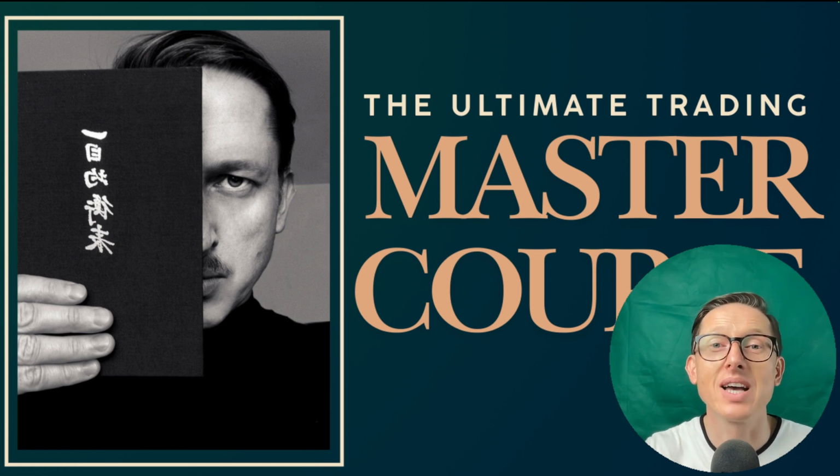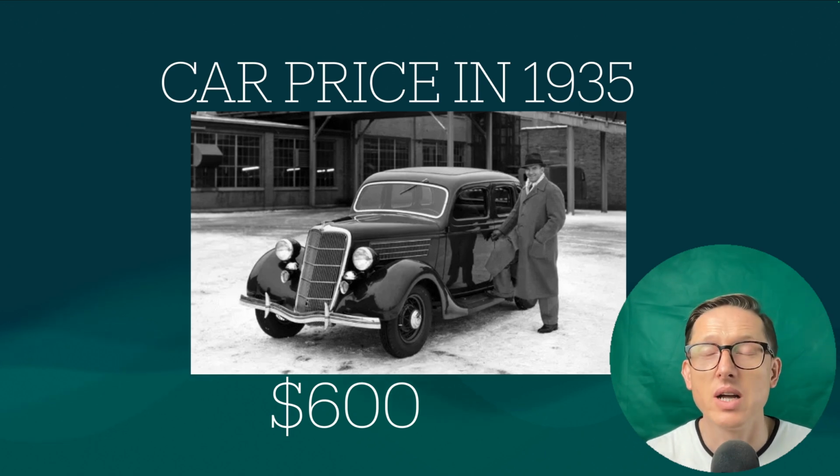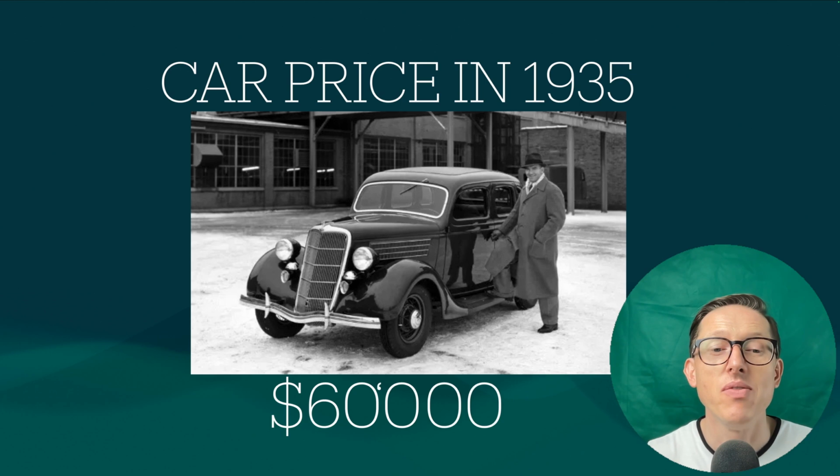And to make you realize even more the power of this $150, we can compare it to the price of a car. In 1935, it was $600. The car, and the book was $150, so that's a quarter of the value of the car. Nowadays, the car, if you check prices of this class, is around $60,000. So it would be exactly as well, a quarter,